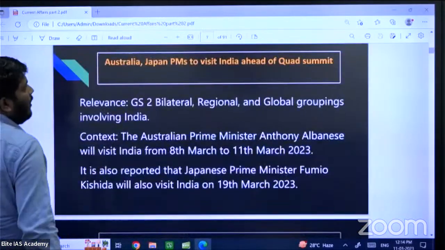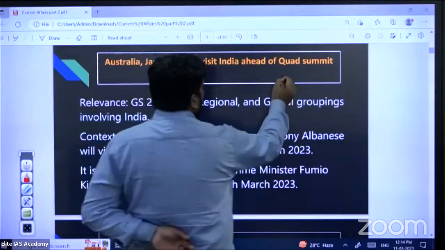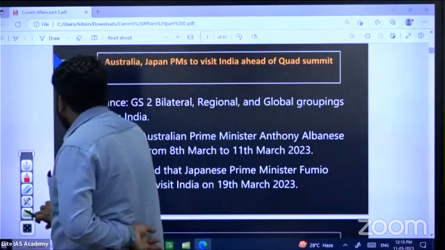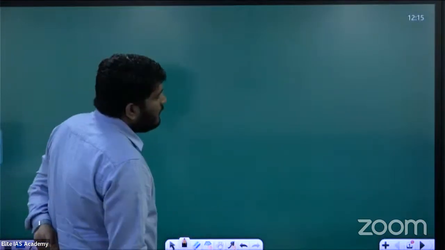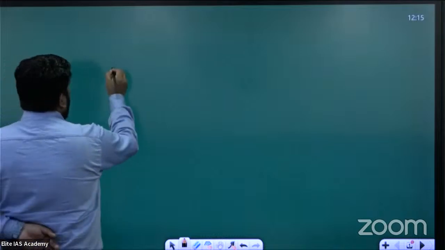Okay, now coming to our next topic, that is Quad. So what is this? Before understanding the Quad, you have to understand 4-5 terms. What are those terms? First of all,